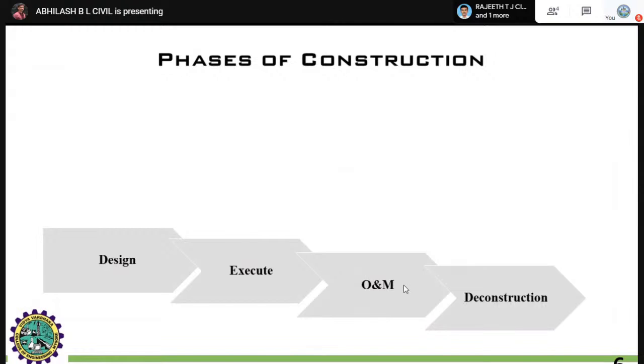Coming to deconstruction: I am not talking about demolition. I am taking deconstruction as a synonym of demolition, because it is also one of the major aspects in the engineering sector. In which phase should deconstruction be taken care of? Suppose you want to demolish a building 20 to 30 floors high. Whether you remove the first floor first or the 30th floor first, you have to plan it according to the hazards caused to your surroundings. This is how the deconstruction activity takes place.